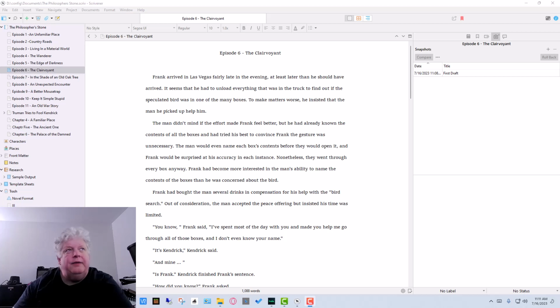I'm Dean, and today I'm going to show you how to create a snapshot in Scrivener. Now, snapshot is kind of what it says. It takes a snapshot or makes a copy of a document within Scrivener so that you can go back to